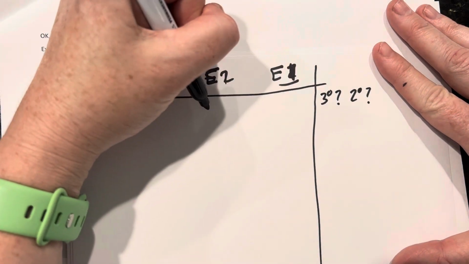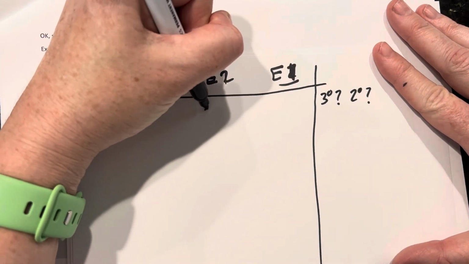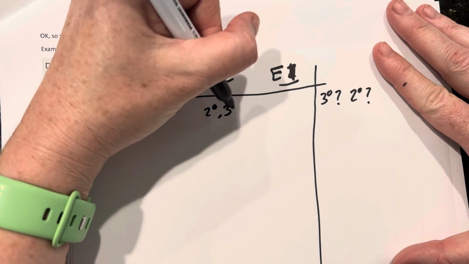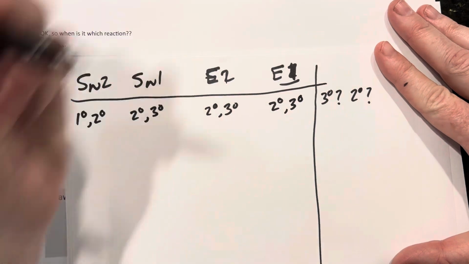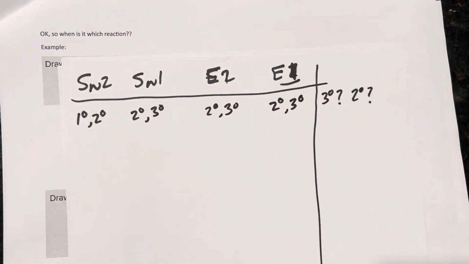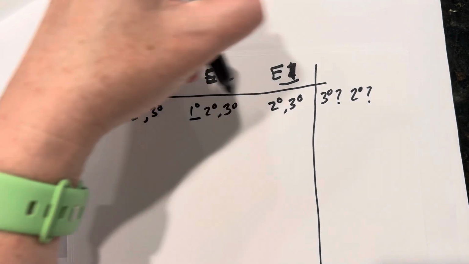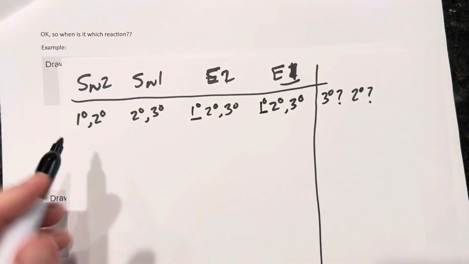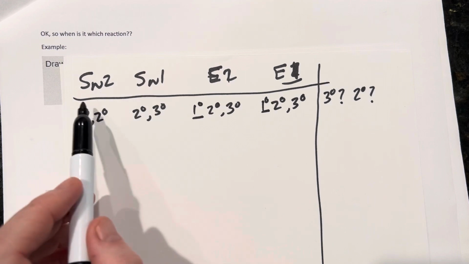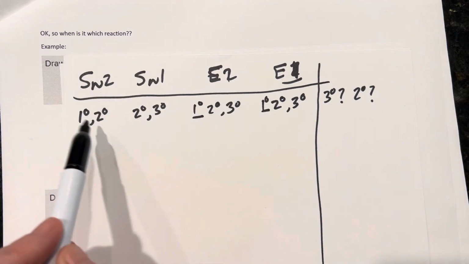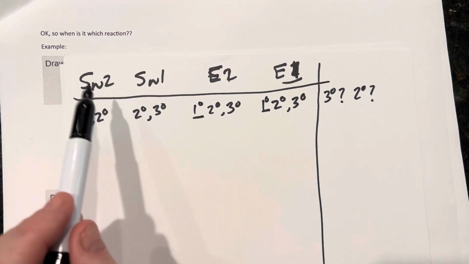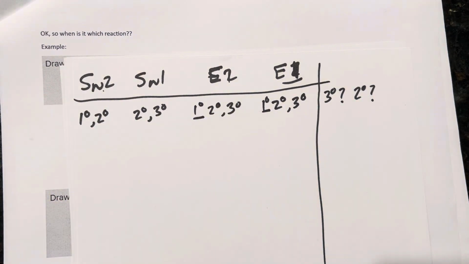E1 and E2 both prefer secondary and tertiary. Okay, they can do primary, but they prefer not to. So for example, if you've got an SN2 reaction and you're not sure if an E2 will occur, but it's on a primary, your major product will be an SN2, not an E2. Okay,